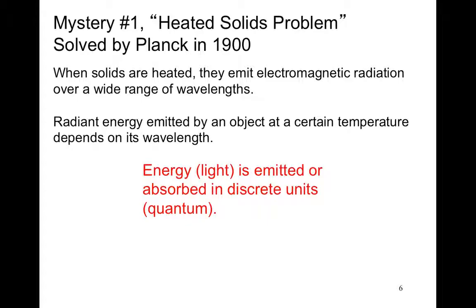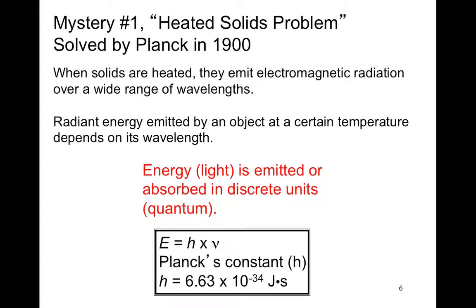There is no level 1.5. That's the idea of quantum, and you're going to see this a lot. And so basically what he found for us was that energy emitted by light or a photon is proportional to a constant that he derived, so it was named after him, Planck's constant, that's h, times v, which was our frequency. And so here's h, 6.63 times 10 to the negative 34th joule seconds, and you're going to use that